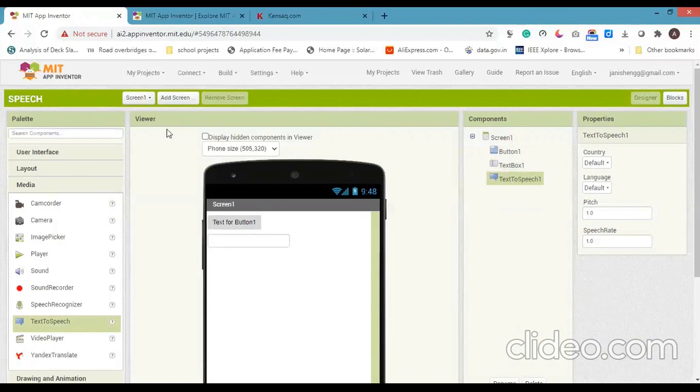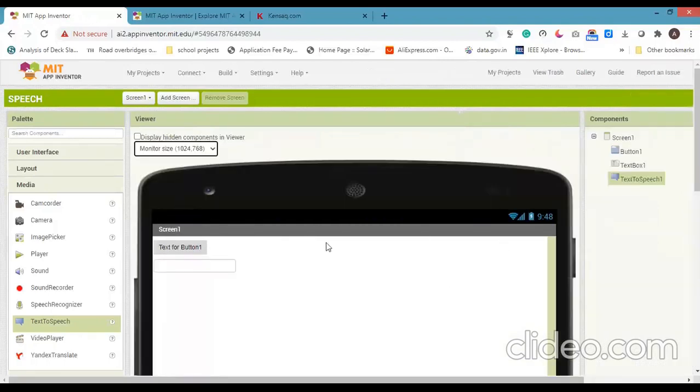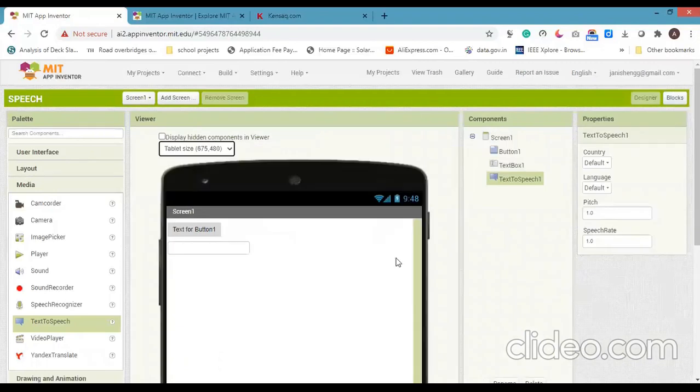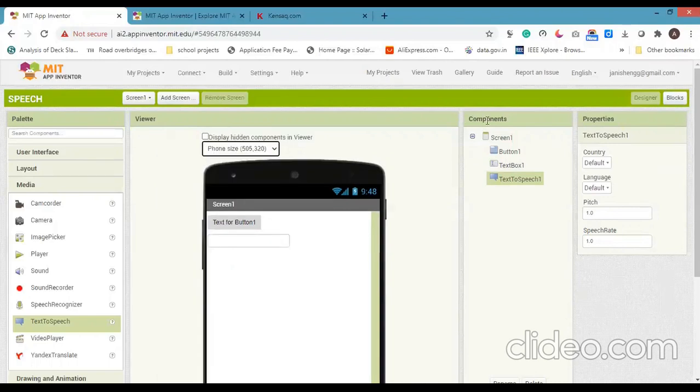In Viewer, there are 3 types: phone, tablet, and monitor size. If you select the monitor size, the viewer will be in the monitor size. Tablet means tablet size. Now I have selected phone size. Components: there are 4 main components available.